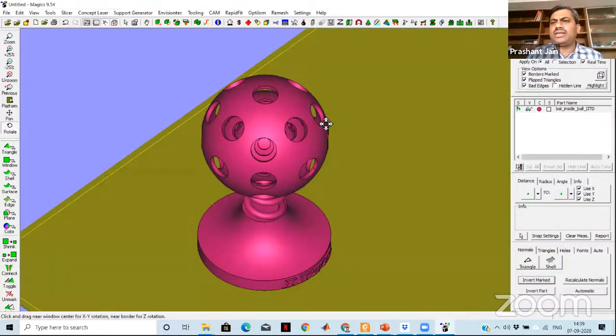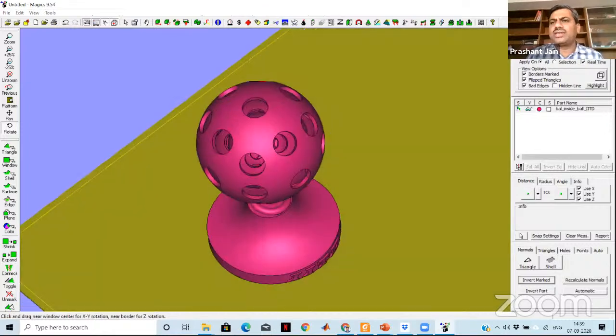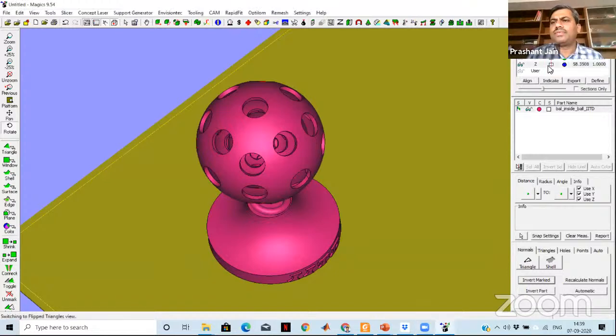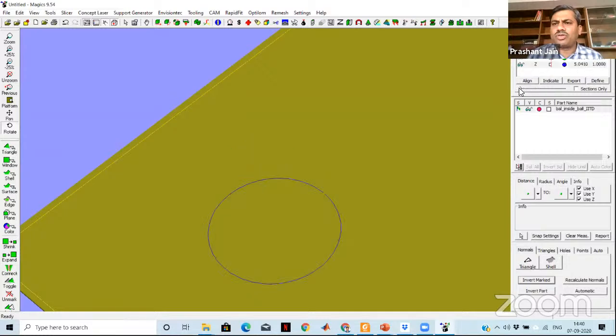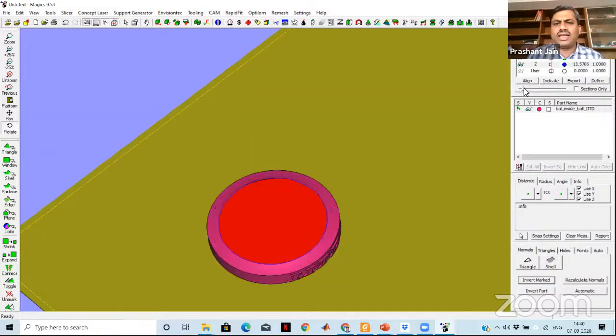Now look at this. If I show you the cross section like this, this is the contour we are going to receive at this particular height. So look from the bottom, what we have explained so far. The first would be a circle, another circle like this. Every contour with blue color is going to be fabricated or solidified.